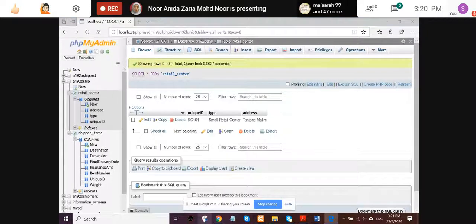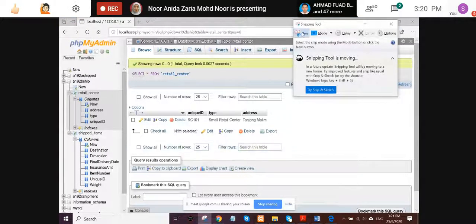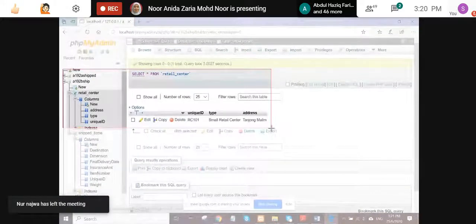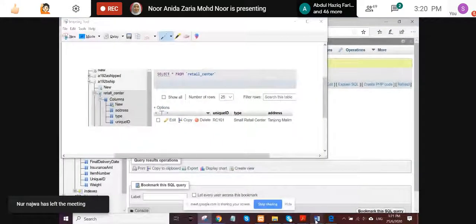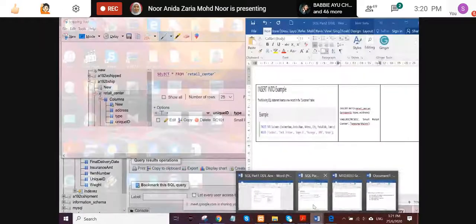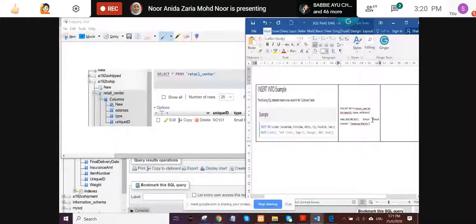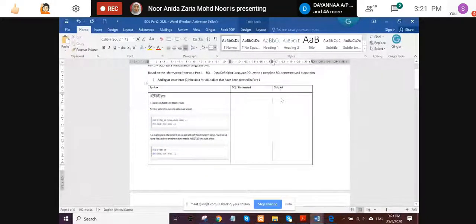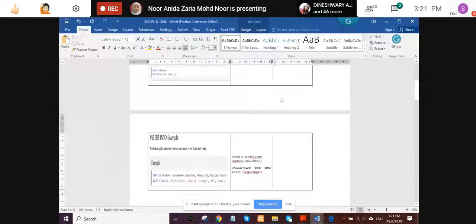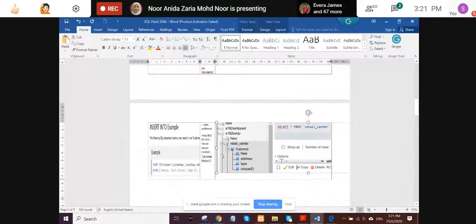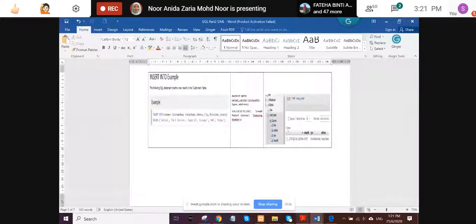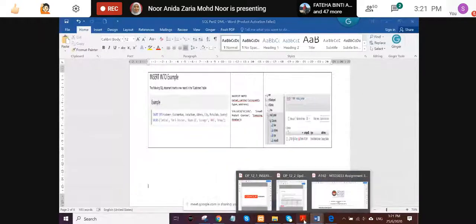Then I'm using the snipping tool. Okay, we are going to snip based on the record that we already inserted before. And then the next one, I'm going to my SQL part 2. So I'm going to paste it here. Then you have to arrange it a little bit. Okay, so that's why you can see that if you refer back to your assignment number 3,